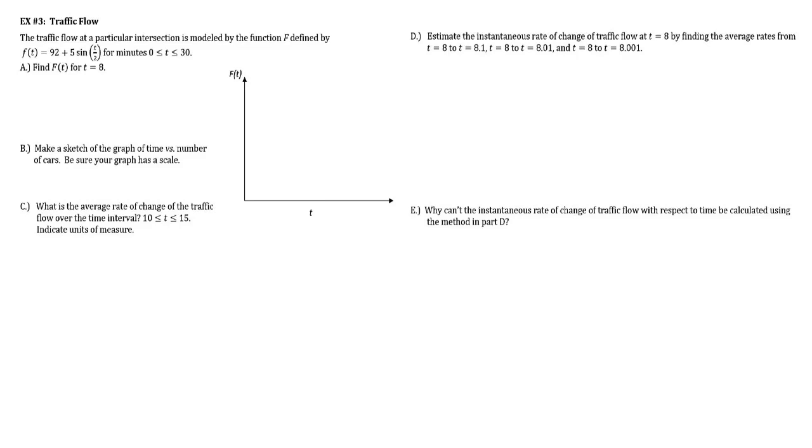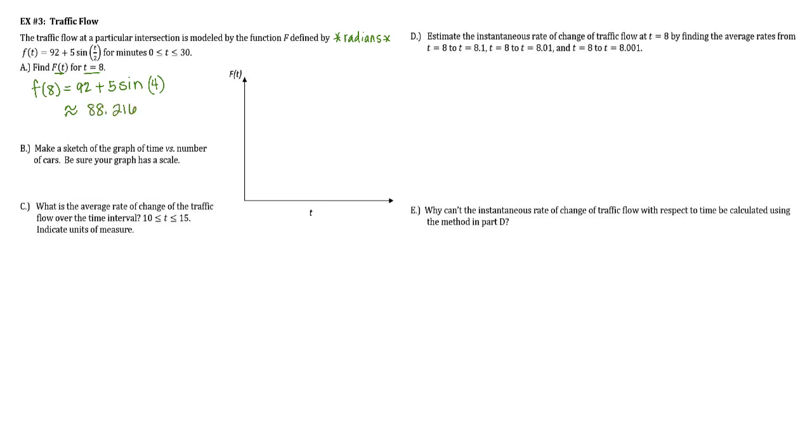Okay, with this we will need our graphing calculators, and also we need to make sure they are set in radians. So take a moment and make sure your calculators are set in radians. And now for part A, we're going to have to find f at t for t equals 8. So that means that we're going to have to find f at 8. And so that's going to be 92 plus 5 sine of, well, 8 divided by 2 is 4. And so when you put that in your calculators, you get about